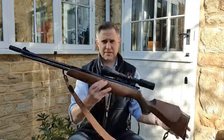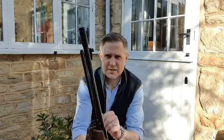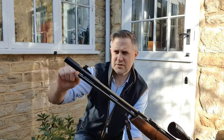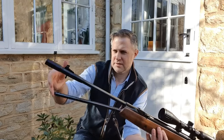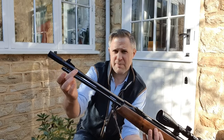Now the Eclipse came out as the Eclipse Mk2, and this is an example of the Eclipse Mk2. Now the biggest differences between the Mk1 and Mk2, I'm sure some more knowledgeable people than me will tell me, but it's mainly around the muzzle. As you can see here, the Mk2 has a muzzle attachment, which you can have a Webley screw-in silencer. Now it's interesting, it's the same size as you get for the BSA multi-baffle silencers of the same period. Now also a very simple push button